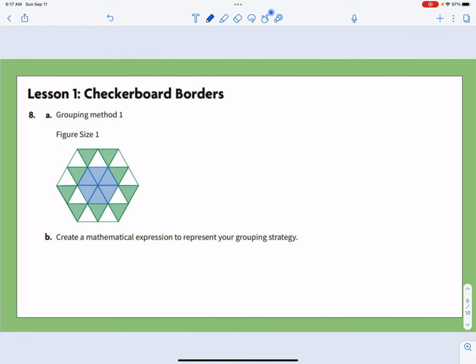In our second one here, we'll look at our grouping methods. So same thing, grouping method. We can look and say, well, one thing we could look at in this one, we could have 3 there, 3 there, and 3 there. Our grouping method could be 3. That's our groups